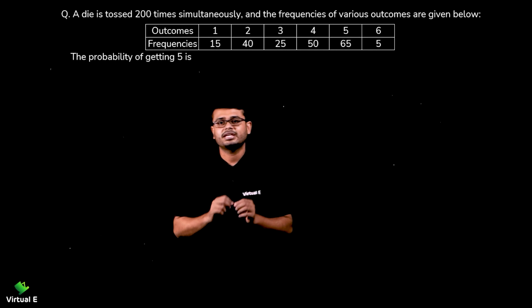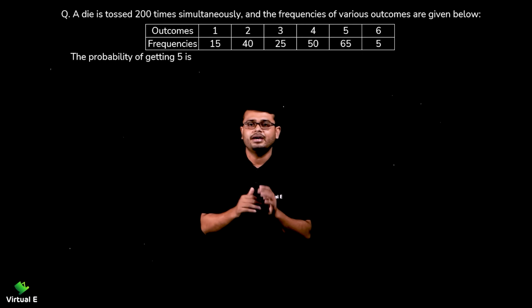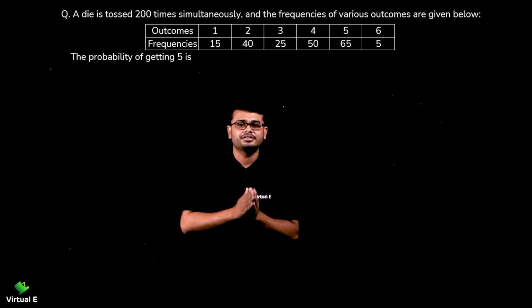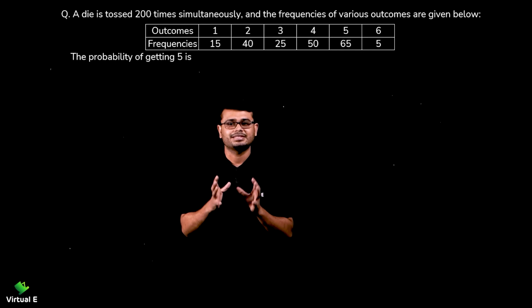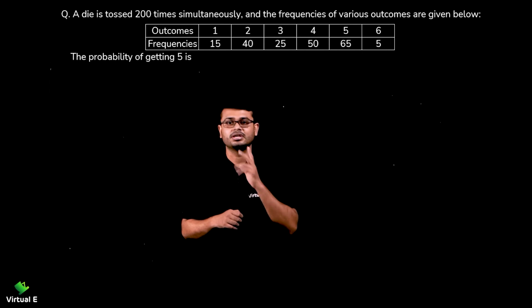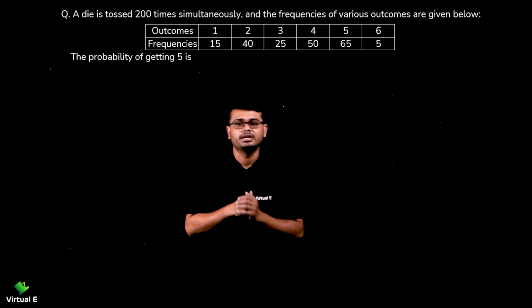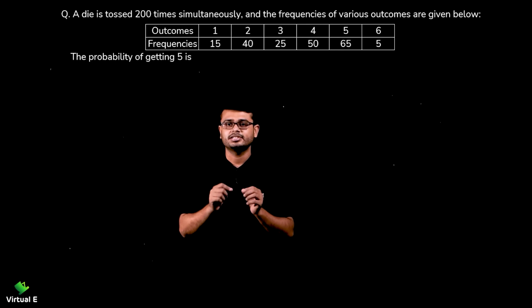Now let's discuss the case of dice, right? Dice we use to play snakes and ladders and Ludo as well. We know what a dice is. It has 6 faces, right? On which there are numbers from 1 to 6. 1, 2, 3, 4, 5, 6. So we are discussing questions related to that.